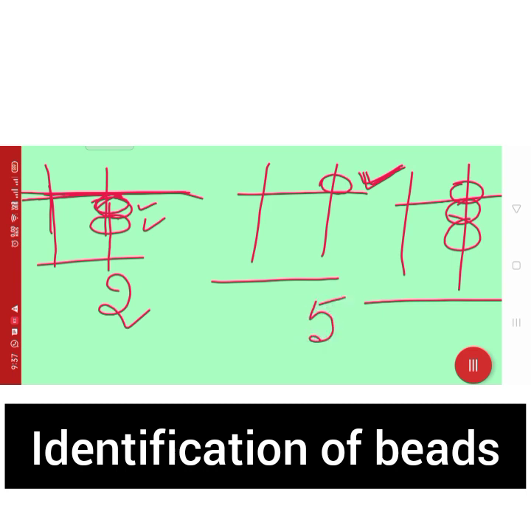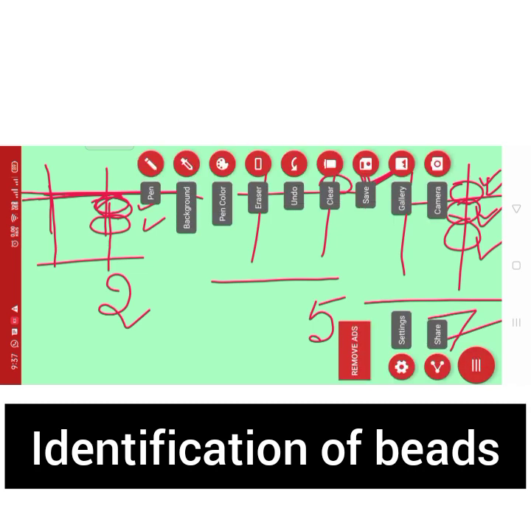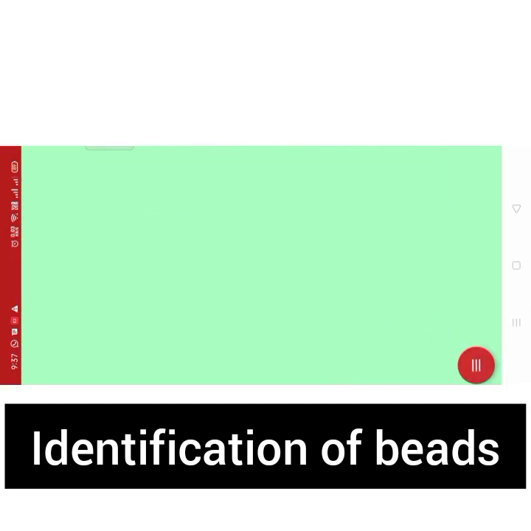Simple. Now here upper bead, lower bead both are there. And it is touching the unit dot. So your answer will be count 5. Then you have 1. So 5 plus 1 it is 6. Then again 1. So it's 7. Clear? In this way you have to start identifying the beads.